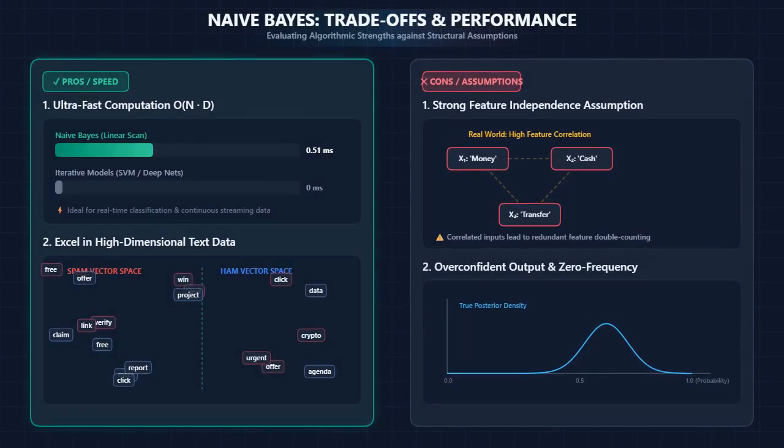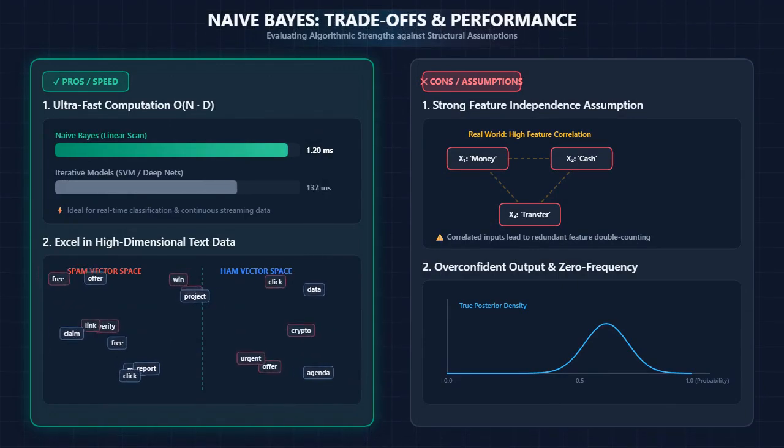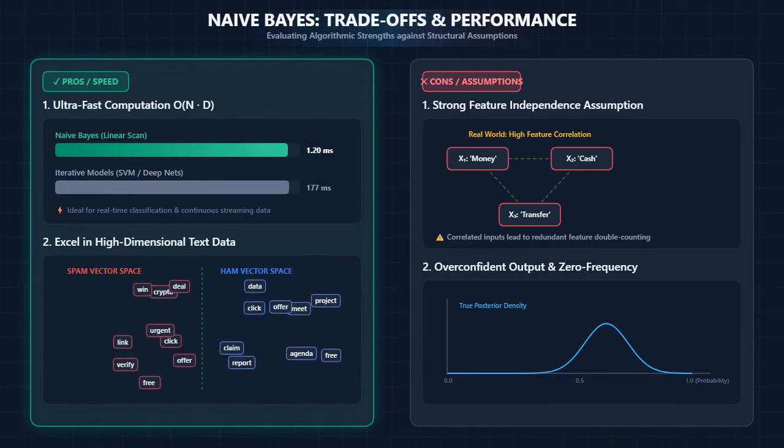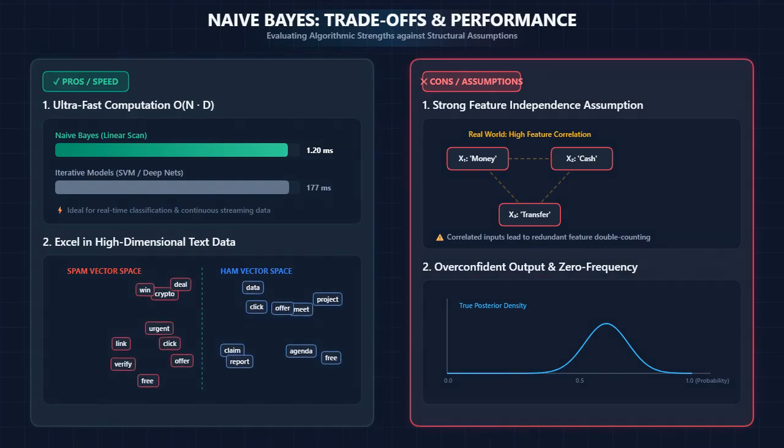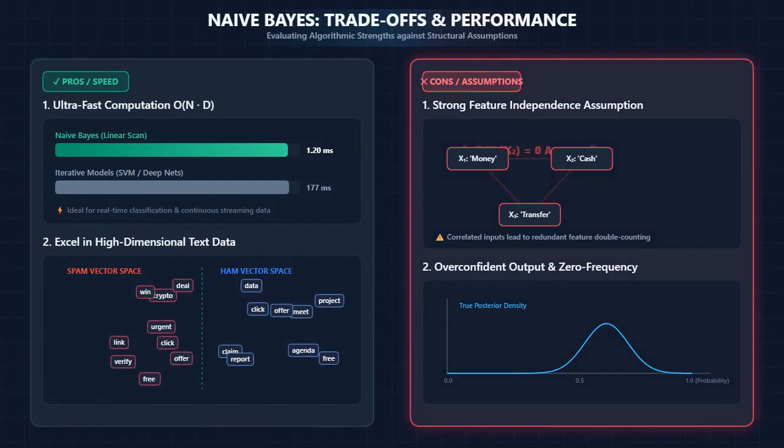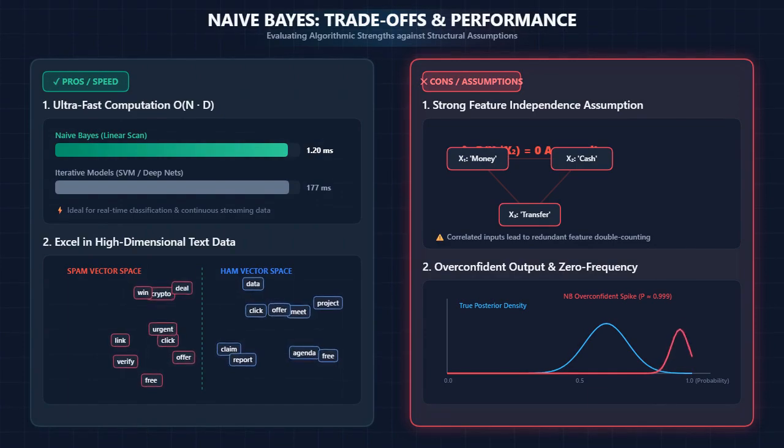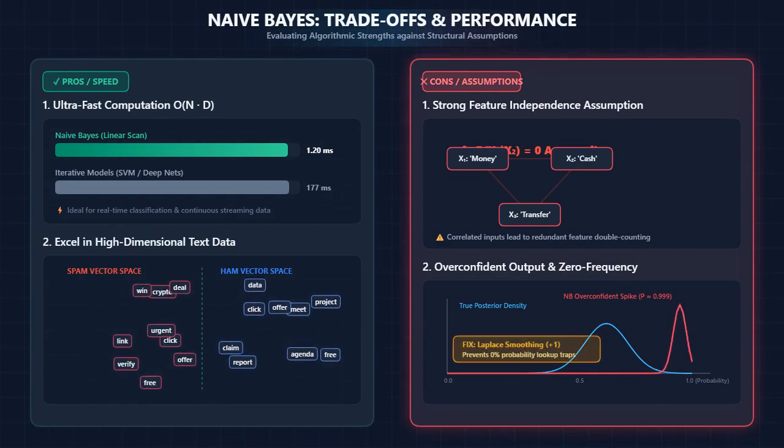For discrete data, we have two primary variants. Multinomial naive Bayes is the classic choice for text classification, where we care about word counts and frequencies, how many times a word appears in a document. On the other hand, Bernoulli naive Bayes is a binary classifier that only cares about presence or absence, did the word appear or not, represented as a 1 or a 0. Choosing the right variant depends entirely on your feature representation, with multinomial being ideal for long documents and Bernoulli excelling at short texts.